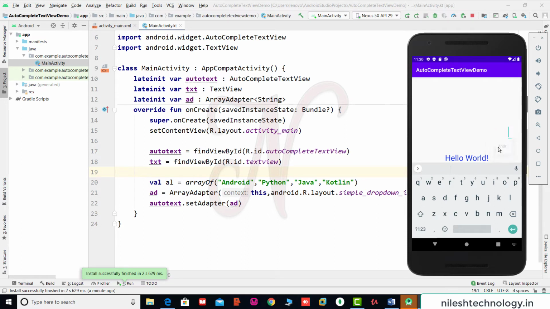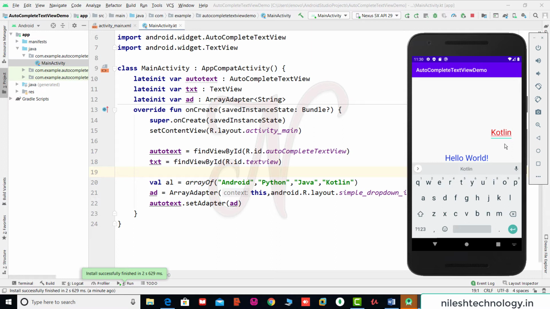Same here, if you type PYTH, this is Python. JA, if you click this, it is Java. KO, click this, it is Kotlin. So the suggestion appears by the second character.